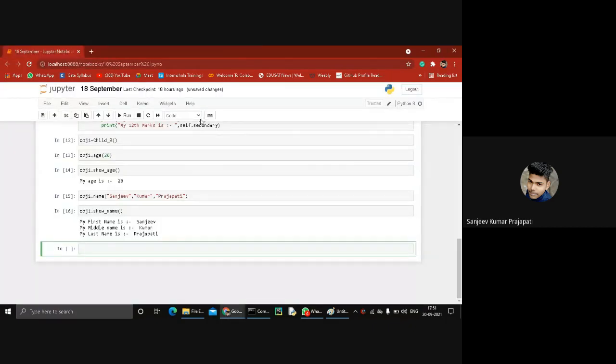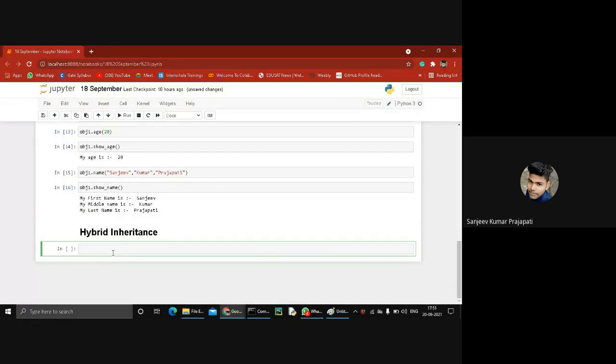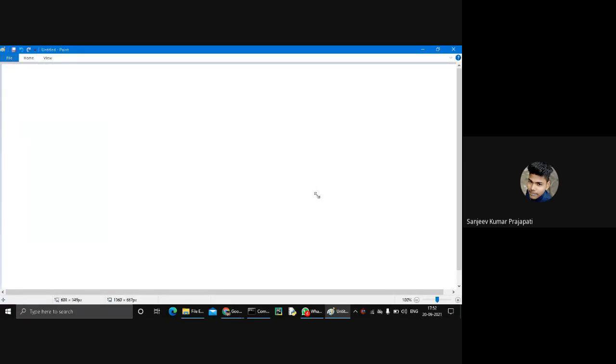So next is hybrid inheritance. So how does it work? It looks like this: A, and next is B and C, and the last is D. The structure diagram looks like this.